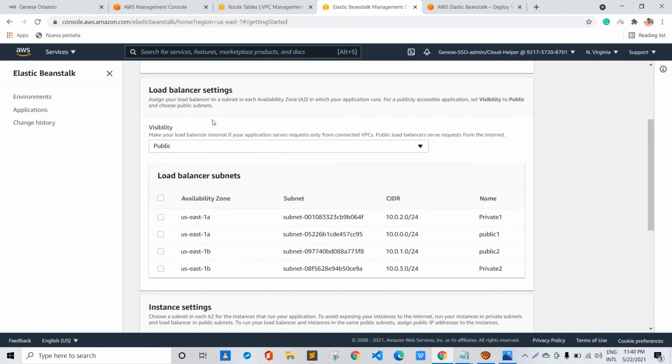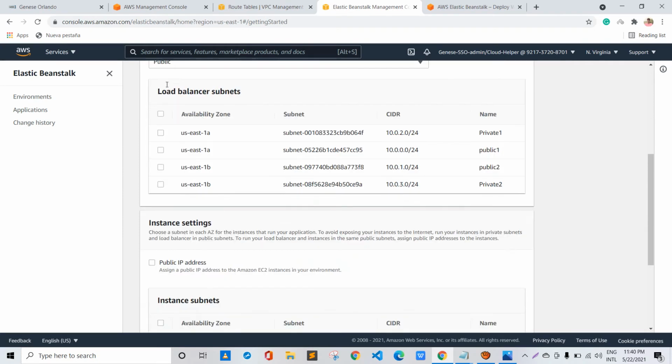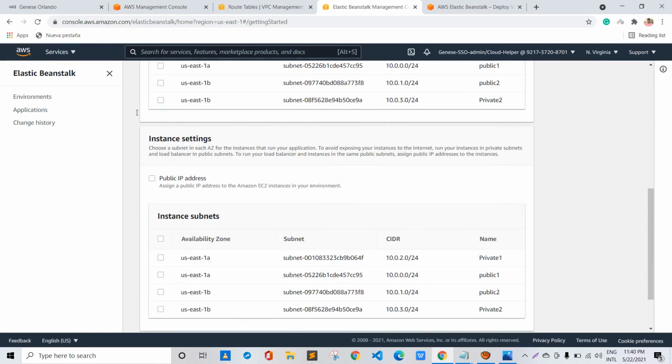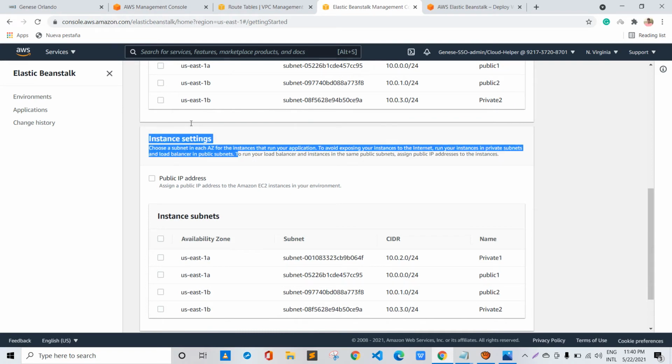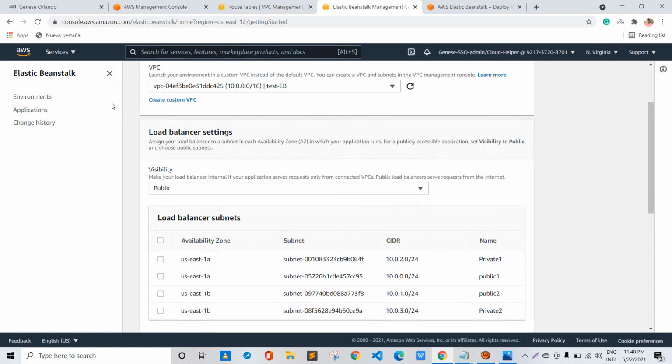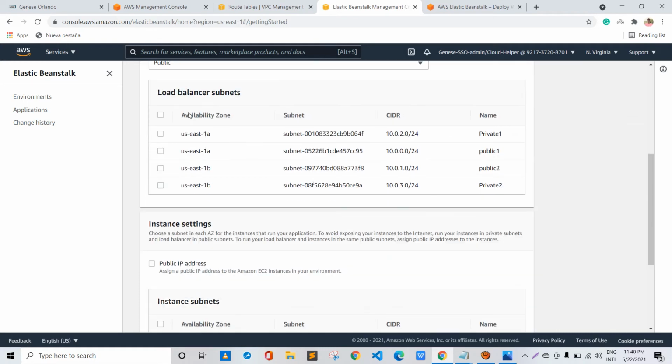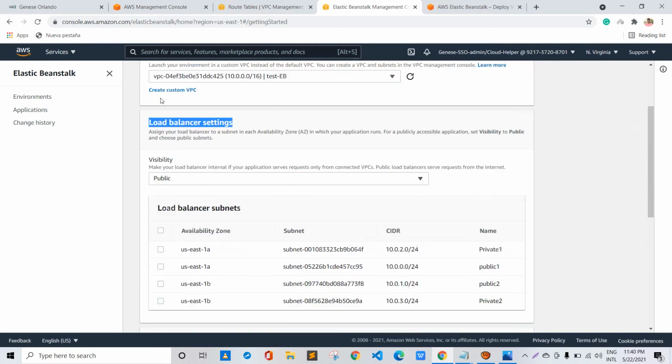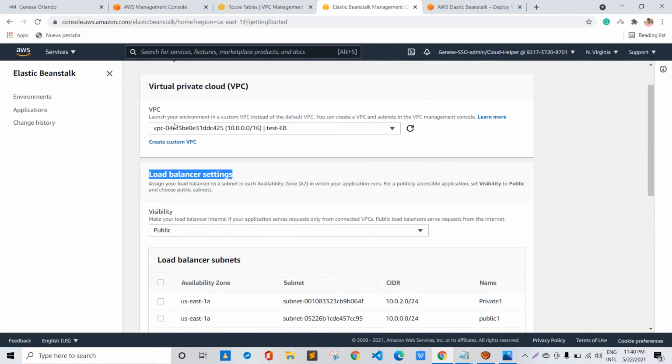And the main part over here is the load balancer setting and the instance setting. So this instance setting is related to Elastic Beanstalk, and the load balancer is also related to Elastic Beanstalk.